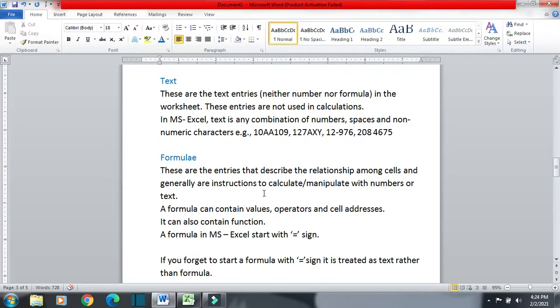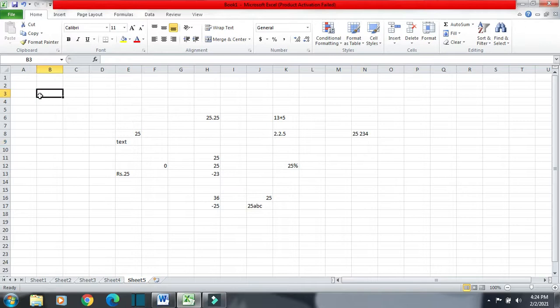Next thing is formula. We can enter a formula also in a cell. What are these formulae? These are the entries that describe the relationship among cells. For example, I am writing equal to B2 plus B3.